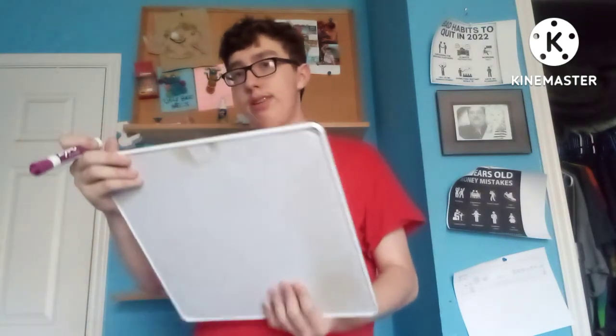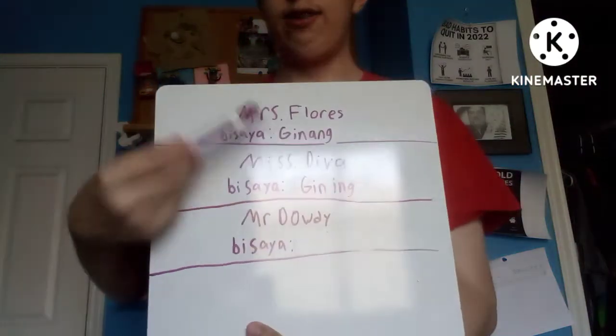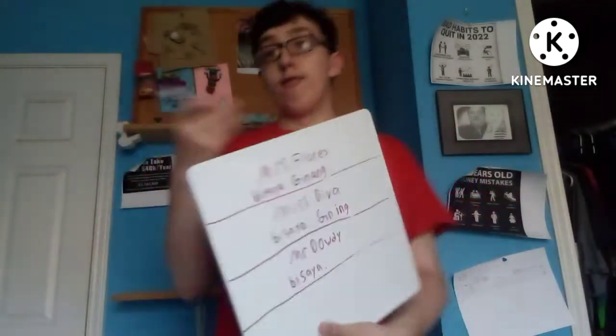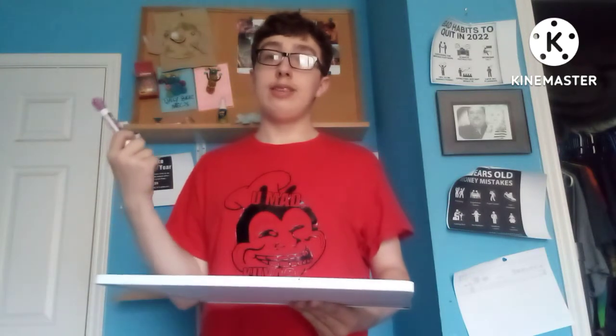That's the spelling. So, like, if you say Giing Diva, you're pretty much saying Miss Diva in Bisaya. Now, you probably noticed something. It's that for Mrs. and Miss, they both start with Gi. All of them start with Gi. But the only thing that makes them different is the ending, like the ang in Mrs. and ing in Miss. And now finally, for Mr., the Bisaya for that would be